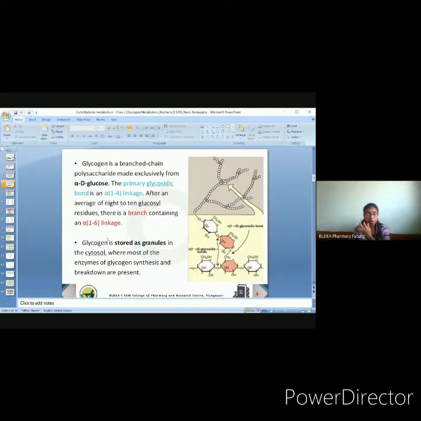So now this glycogen is stored in the cytosol in the form of granules. The cytosol contains the majority of the enzymes that help in synthesis as well as degradation. Cytosol contains enzymes that are responsible for synthesis as well as degradation of glycogen. Both synthetic as well as degradative enzymes are present in the